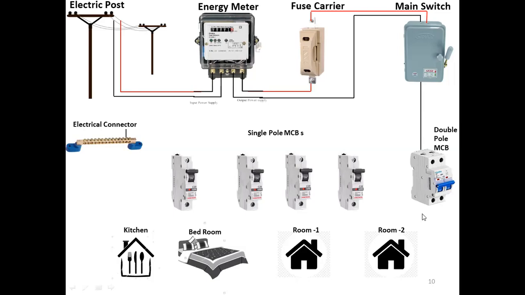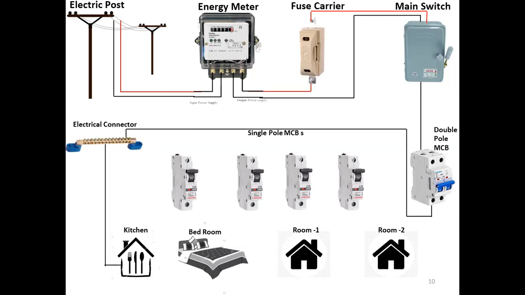Now from the output, that means at the bottom, we are fitting one terminal that is connected to the electrical connector. Now this electrical connector is connected with neutral. Then if you want neutral, you can connect a terminal at any of these holes, you can get the neutral, right? So for the first room, the kitchen, I connected a neutral. Then for the bedroom, I connected neutral, not to the kitchen, but to the electrical connector.